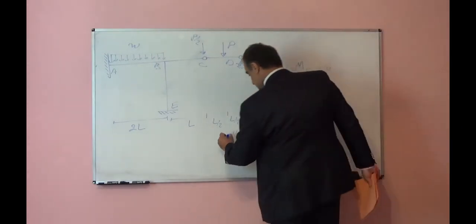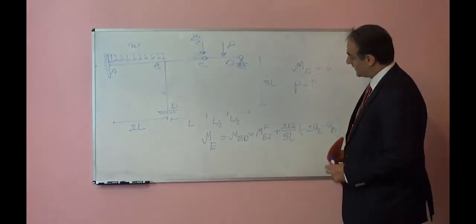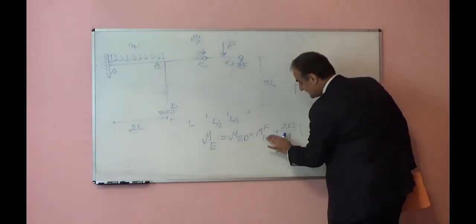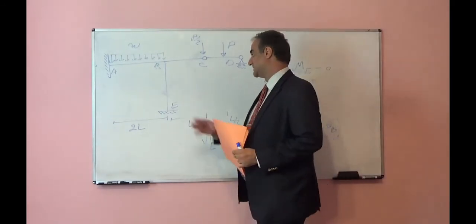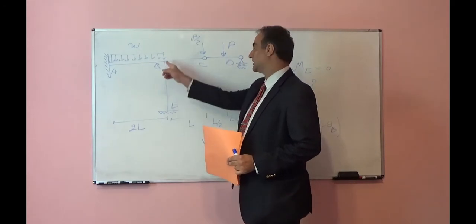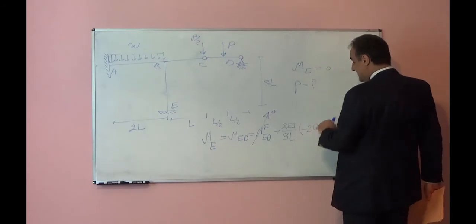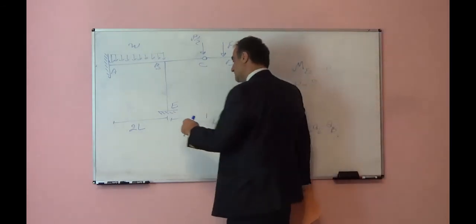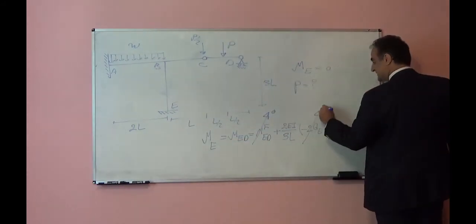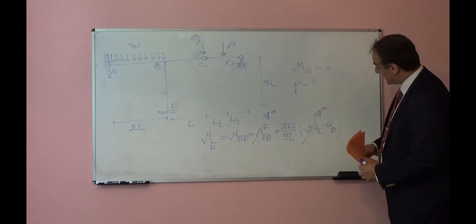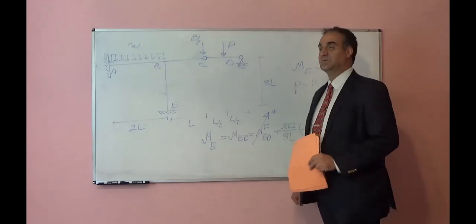So this is equal to ME, moment at support E. M fix ED means fixed end moment because of external load. There is no external load on this column, so this term is equal to 0. Theta E, because point E is fixed support, so there is no rotation. This term is 0. Now, if theta B is equal to 0,